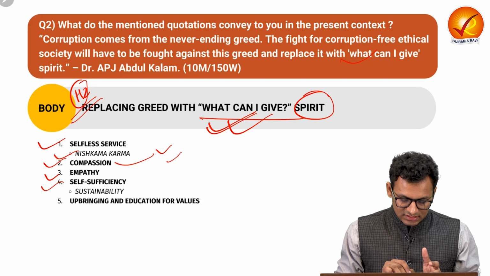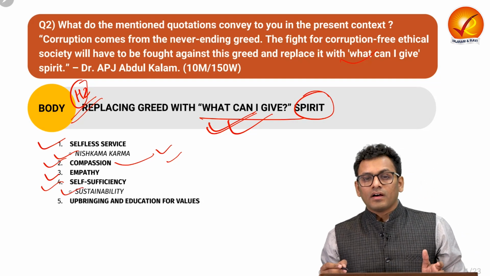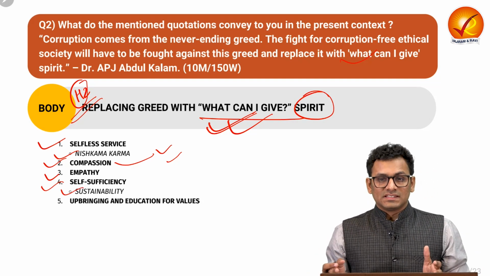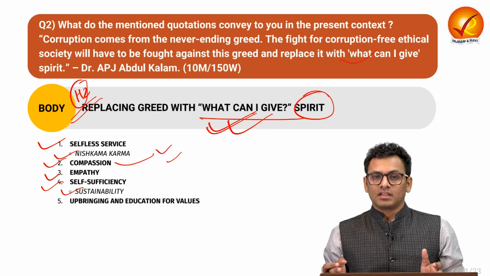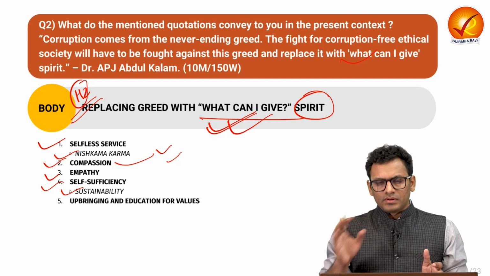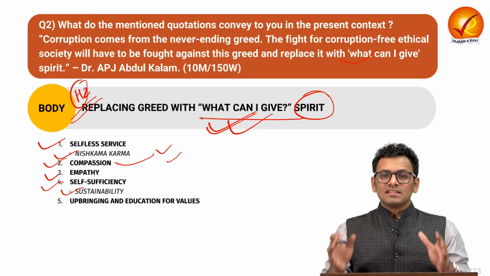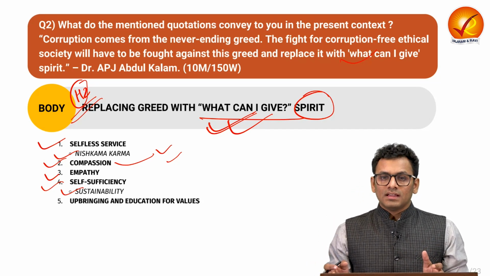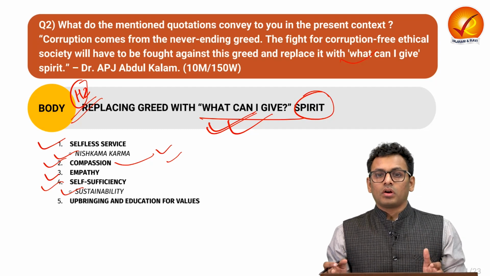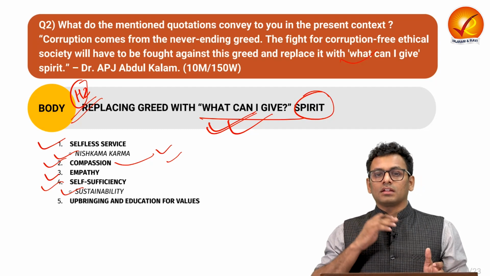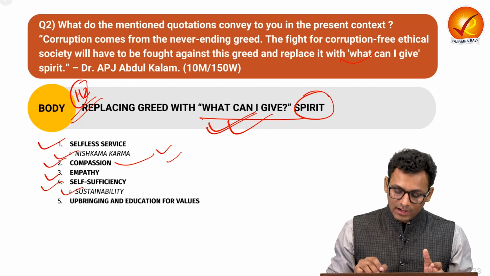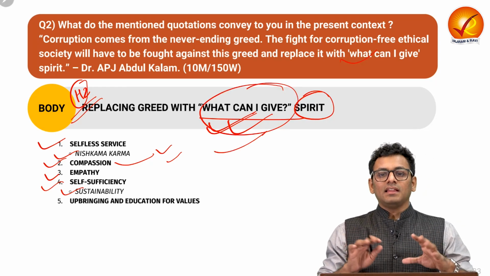Next is self-sufficiency as in sustainability. Instead of achieving for excess, the materialistic gain that we are talking about, how we are operating with a consumeristic behavior, instead of that, thinking about sustainability, only asking for the things that you need, not what you want, is also kind of a pathway through which we can go ahead with what can I give spirit and eliminate the